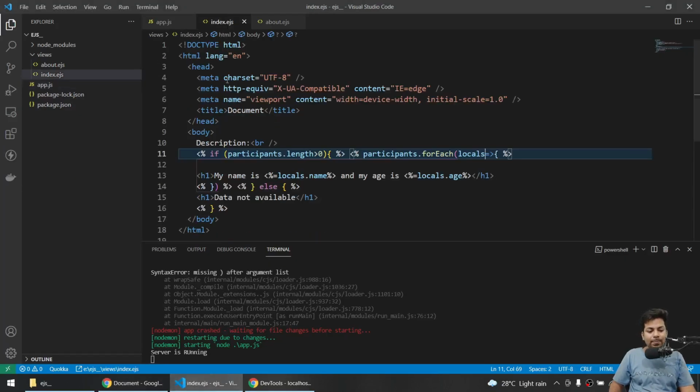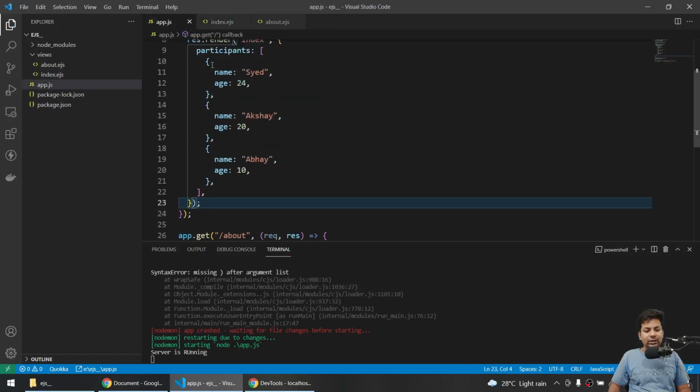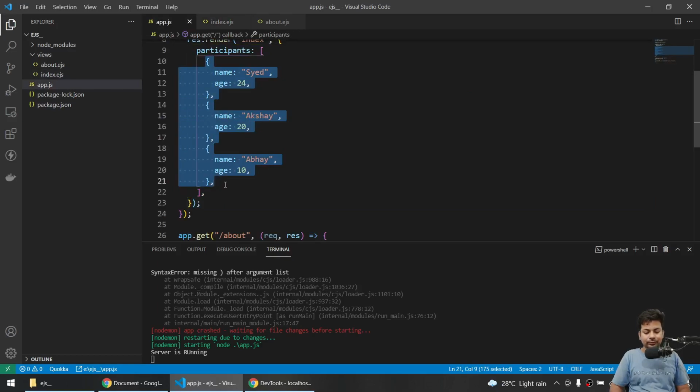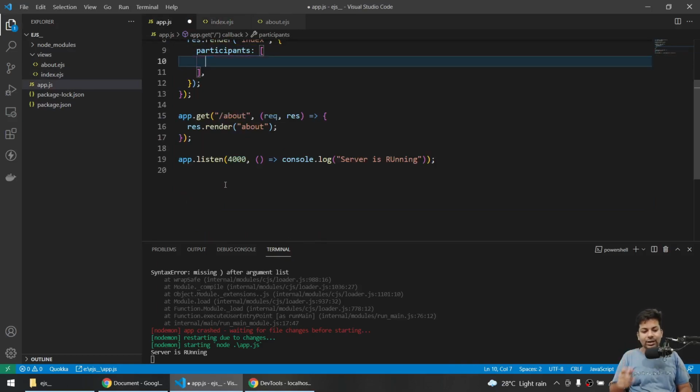So what I'm doing, firstly I'm telling it should have a length greater than 0. If yes, then start the forEach loop, and we're getting every object in the locals, then say locals.name, locals.date. Now it will run as many times as there are items. If length is 0, then else data not available. Suppose length is 0, I'll just say empty array, save it,